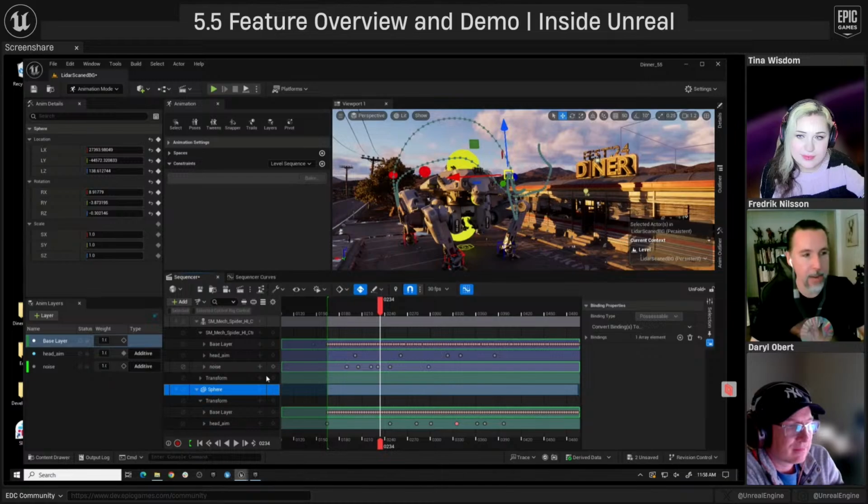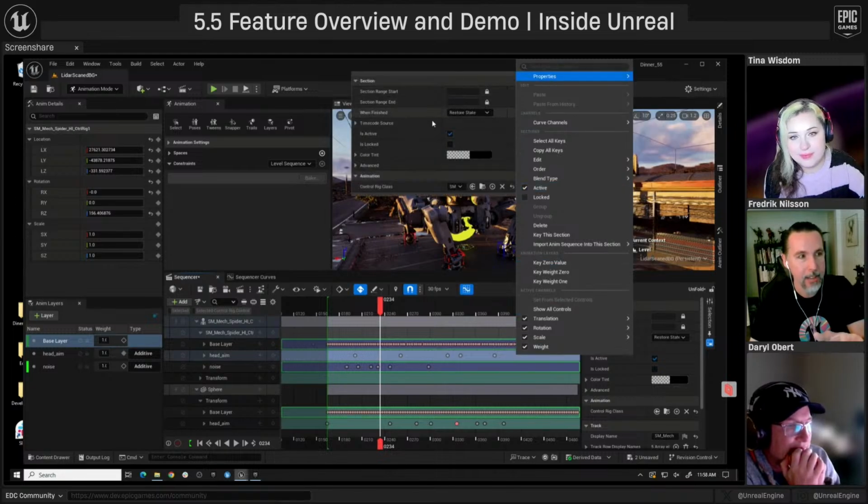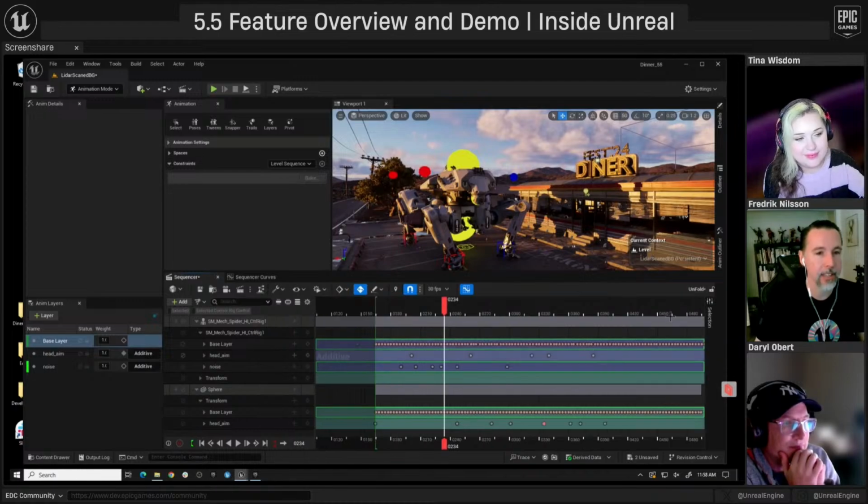So anything you click, animation tracks, materials, lights, properties, anything that would have been nested in that menu is the kind of stuff that shows up in there. So just a quality of life thing, easier access to things.